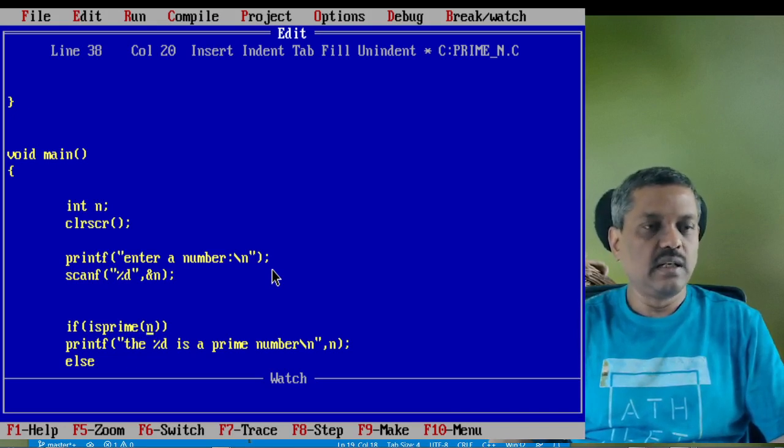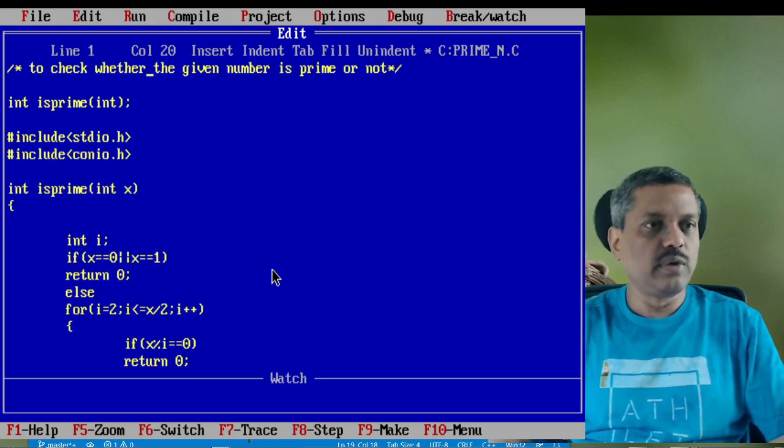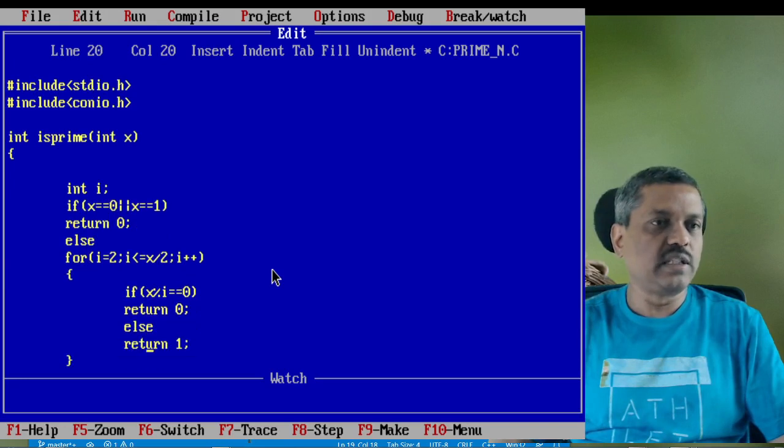And once it is called, the control will be transferred over to here, isprime, and then it enters into the body of this, and it declares another local variable called int i, and it checks that x is the variable which can hold the value given by n. So suppose if you enter 5, so this x will be 5. And now it checks if x is 0 or 1, no, it is not 0 or 1. So then it will go to the else part, and then it starts executing this loop.